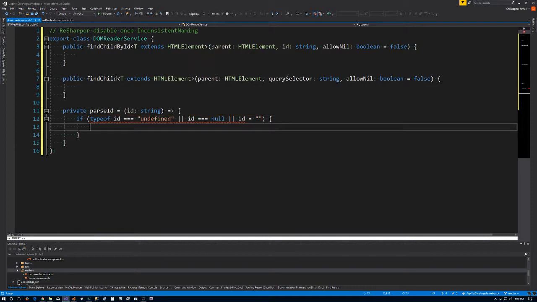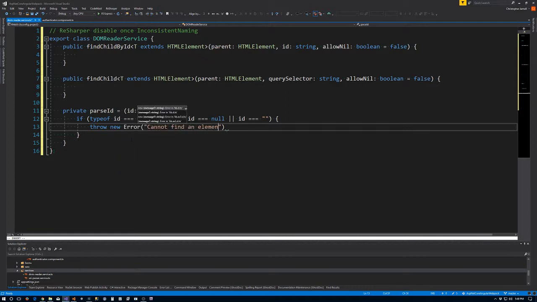If either of those are true, what I want to do is just throw an error to let me know. It should be three equals. And what I'm going to say here is throw new Error, and I'll say cannot find